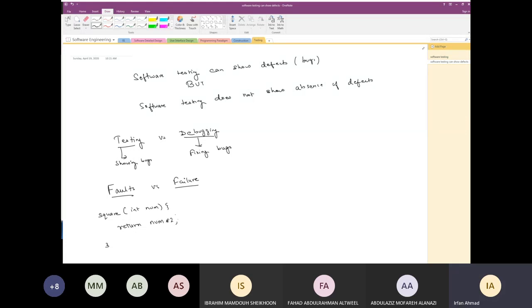right? So if I have to return the square of the number, I should have returned ideally num times num. That's the square, right? Num square. But by mistake, somebody wrote num times 2 instead of num times num. So this problem in the code is called a fault. Okay. What is failure? Failure is once you do testing, we check the input with the expected